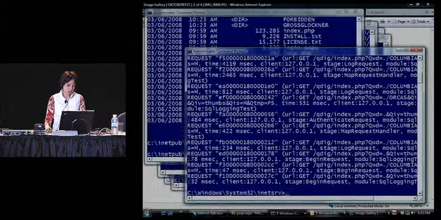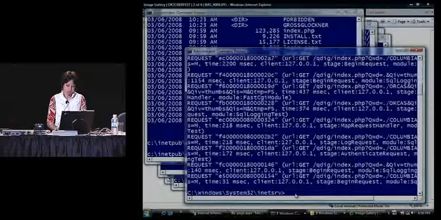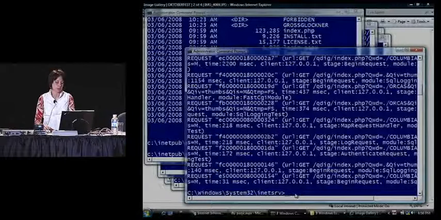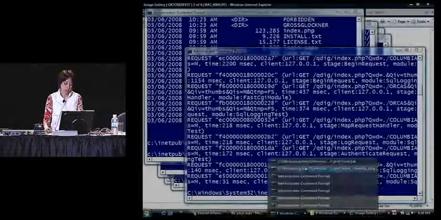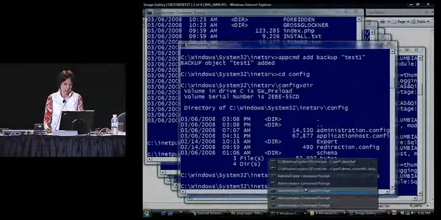And as far as I know, let me just go back to my command window. I believe that the requests are still in flight. Yep, the requests are still going. So failed request tracing is now gathering data for me. It's gathering logs for me to take a look at. And that is when it gets really interesting. So I'm going to move over and take a look at some of those logs now,